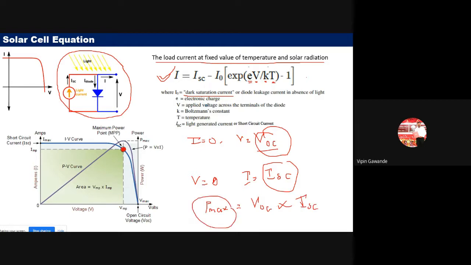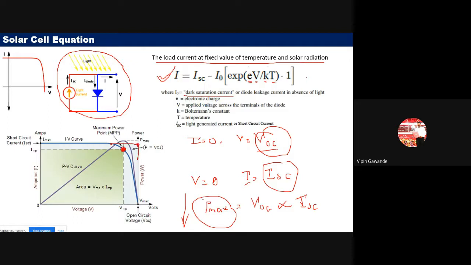But we know that in the general condition, the power is not the power in ideal condition. We don't get the ideal power, so it is less than that of the ideal condition. So that power is obtained on this knee and not on the corner here, but we have a corner on this point.